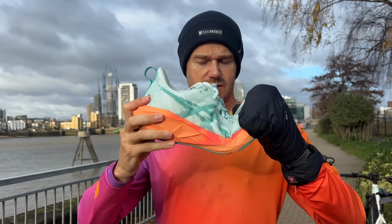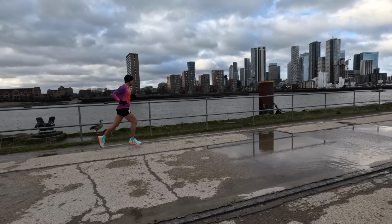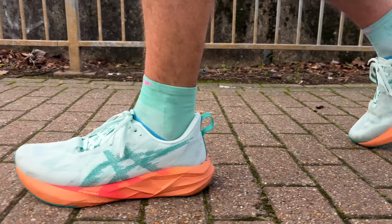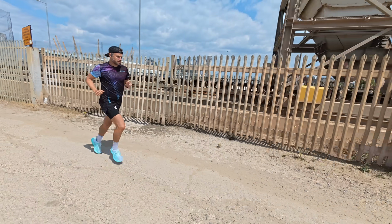If you want to put it in part of a rotation to get a lot of your daily miles done, that sort of 80% of the week when you're out there jogging nice and relaxed, again, a really good option to choose here. A standout shoe not only in Asics' range, but the whole running shoe market, and one I'll continue to be recommending. Anyway, let's move on to something slightly lighter and also in that daily shoe market,